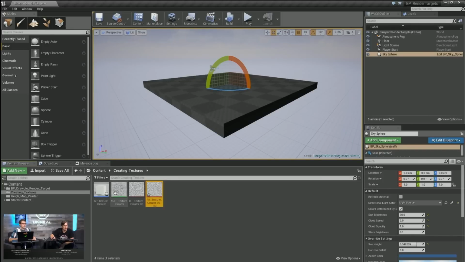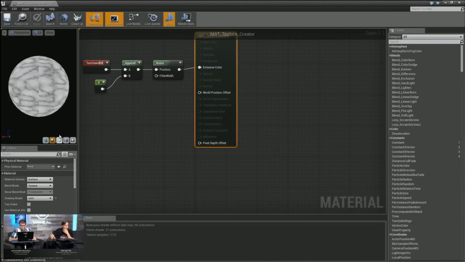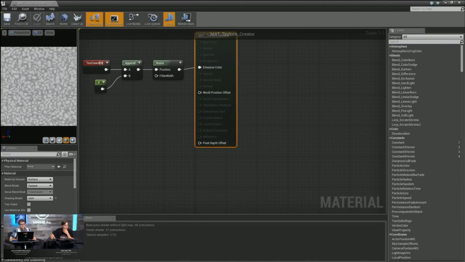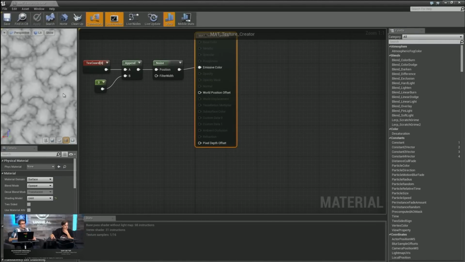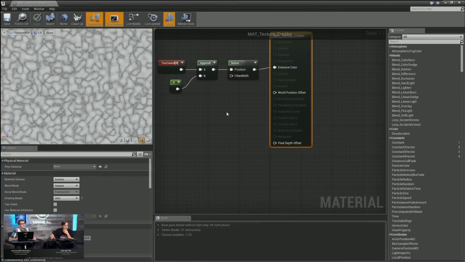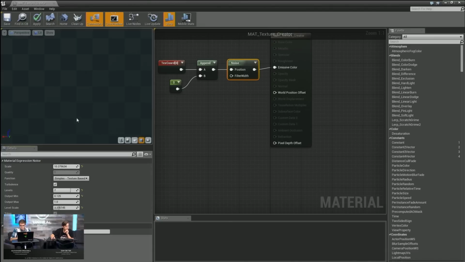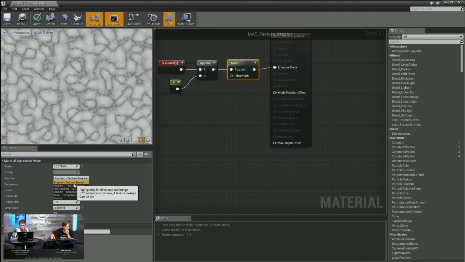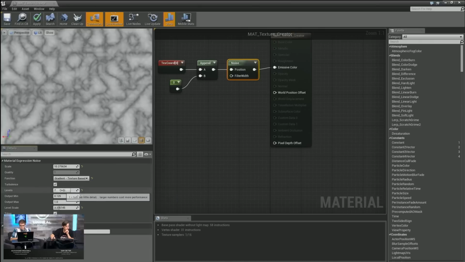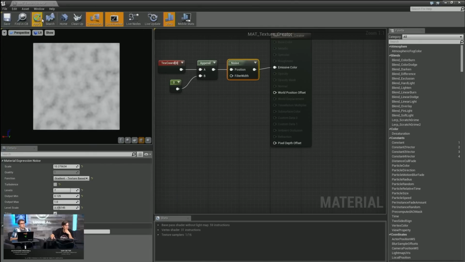So let's go ahead and we'll open up the material first. So here's what the material looks like, right? Let me expand this window a little bit. You can see there's just some randomly generated noise in there. Now, how this comes about is I have this material expression called the noise parameter. And in here, I can decrease the size, I can change the different type of noise, I can turn turbulence on, and then when I hit compile,